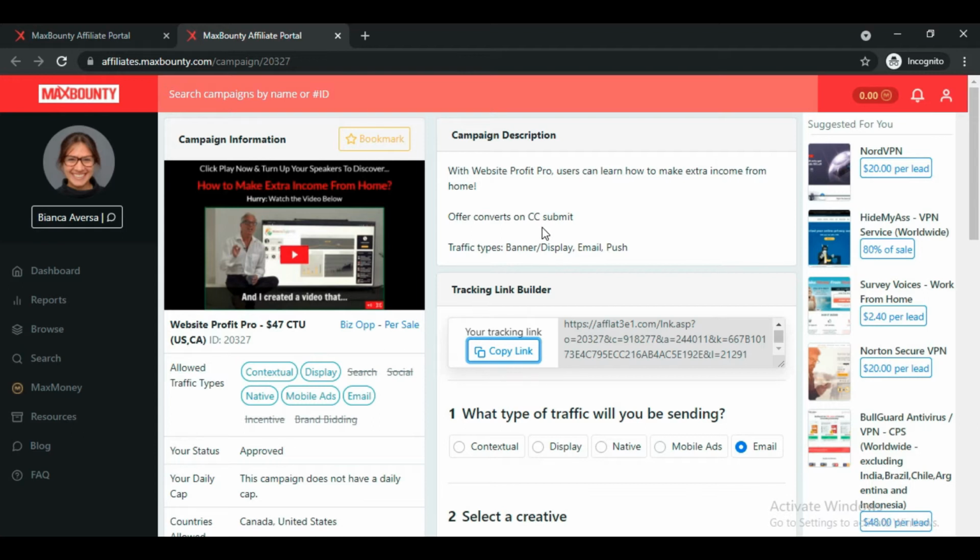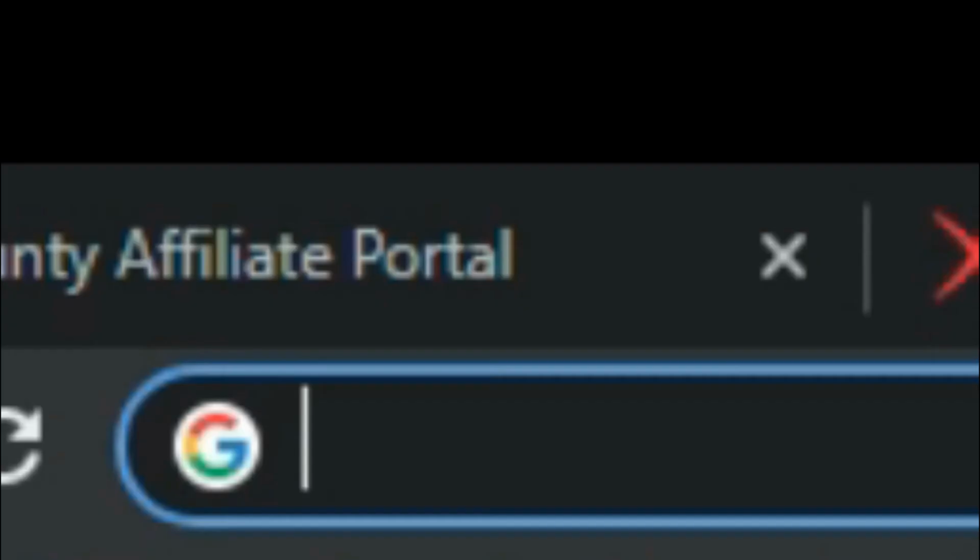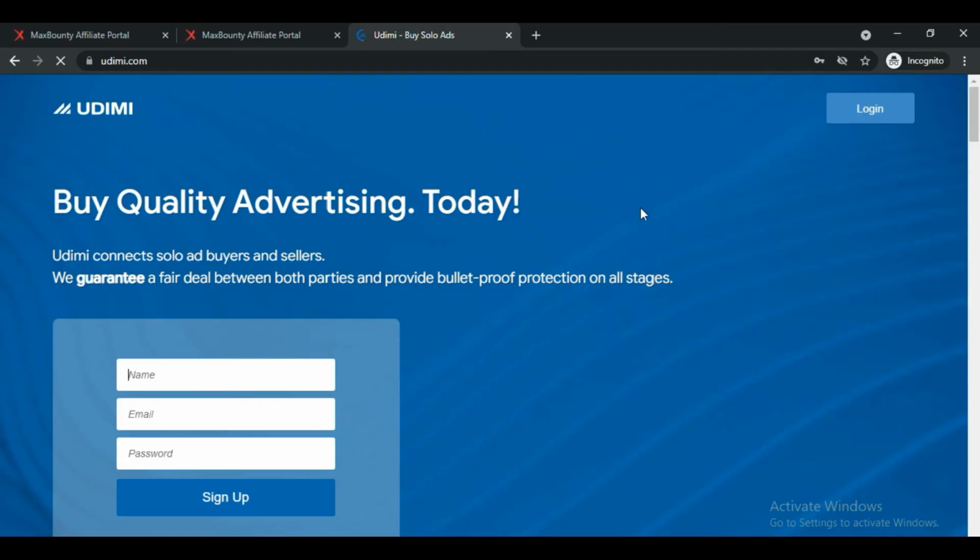There are many Solo Ad providers currently in the market and websites that you can choose from, but personally I always choose udemy.com first, because it is safe and it has a money back guarantee, and second, the quality of the traffic, the quality of the Solo Ad that you will be getting on this udemy.com is super good. So I will suggest that if you are just starting out with Solo Ad, you can go with this udemy.com also, and the rates are also reasonable here. They don't have super cheap rates or super high rates. They have a medium type of rate on their platform.